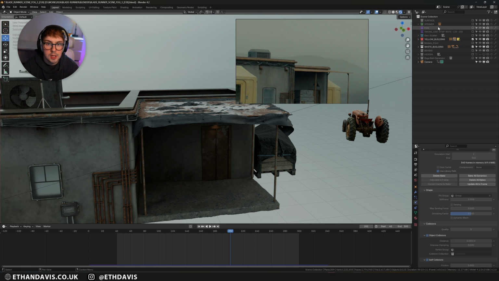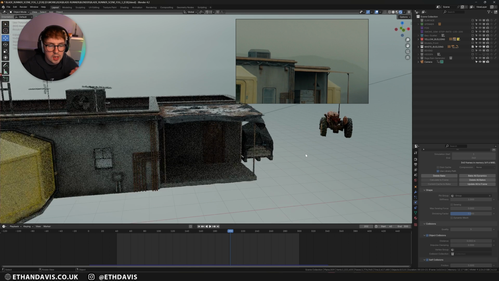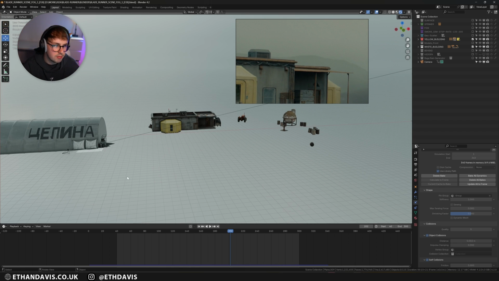So for example, I rendered the spinner on its own pass, which meant if I wanted to change anything about the spinner, I could just change it and then just render that individual element and then post it back on in Nuke. And you'll see how I put everything together in Nuke. It's pretty easy though. You just select holdout and you'll pretty much be dandy to go.